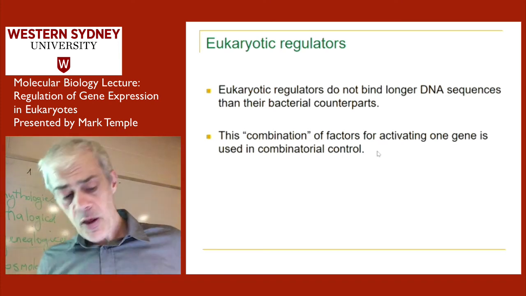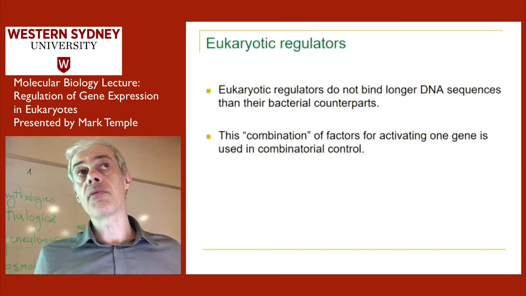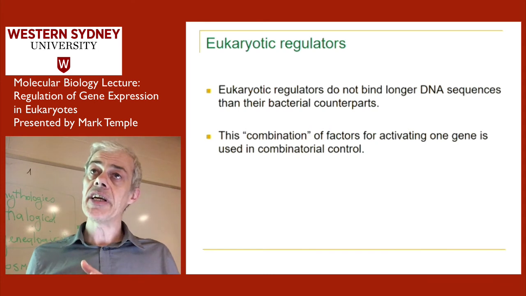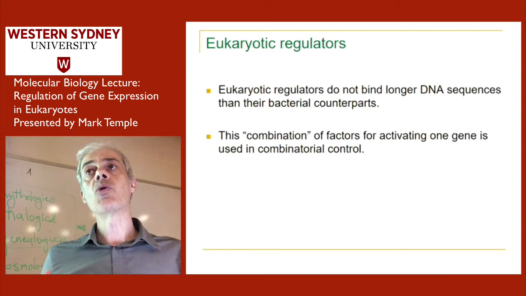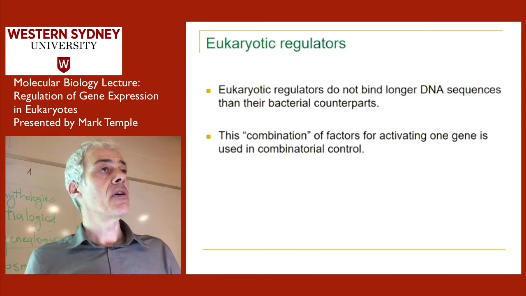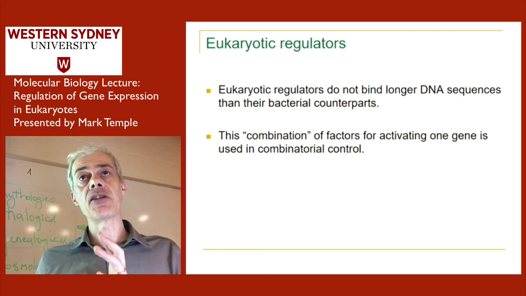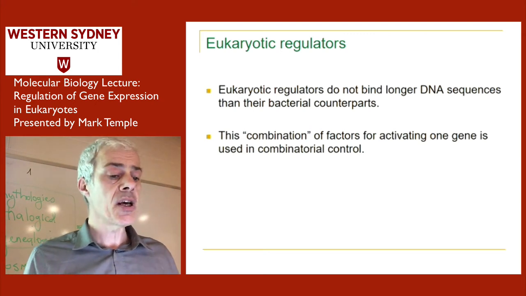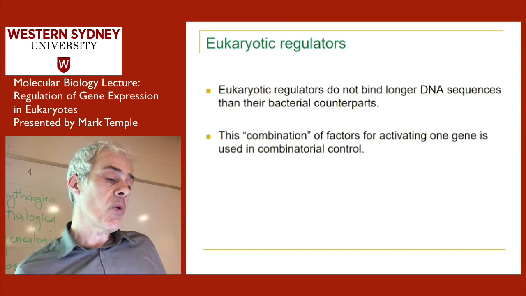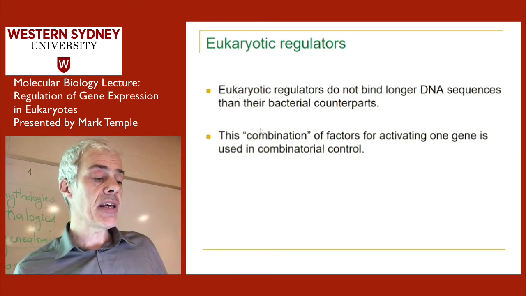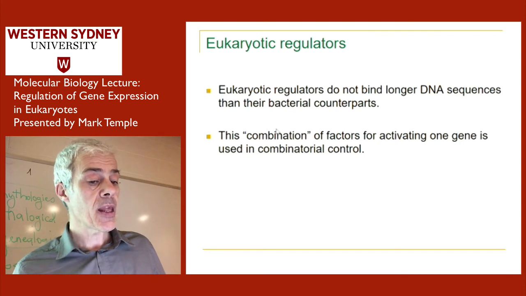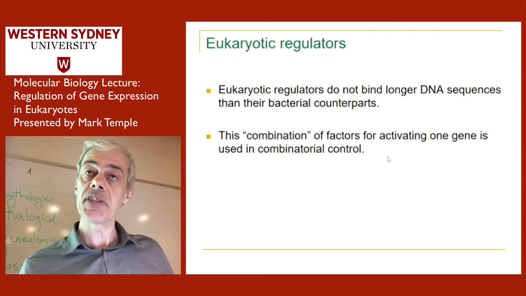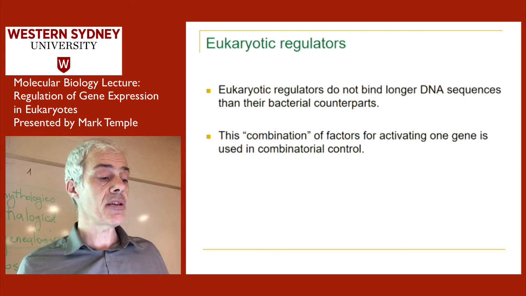Okay, now again this gets back to this idea that we've got a lot more DNA, we've got a lot more genes in eukaryotes, but we don't have necessarily that many more transcription factors to account for the excessive DNA and the larger number of genes. We still have more transcription factors, but what we see in eukaryotes is effectively what we call combinatorial control of gene expression. So we get combinations of transcription factors working in tandem that lead to specificity of gene expression. It's quite a convoluted sentence.